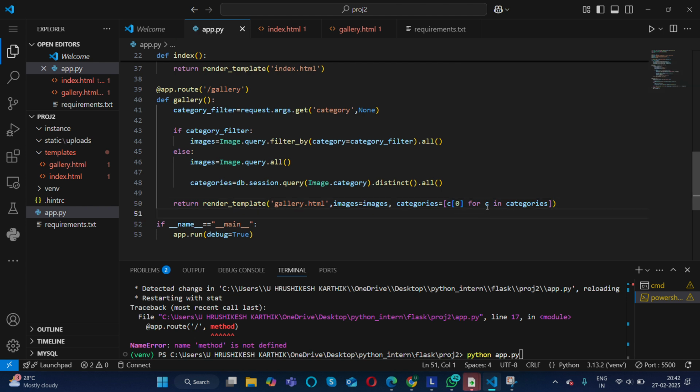So what it exactly does, for C in categories, we'll have different types of categories, right? So from all the categories, it takes the 0th index, like the first index, whatever it has in the first index. It might have a list of elements, right? So it takes the first element of the list and it returns. So for now both the things are done.